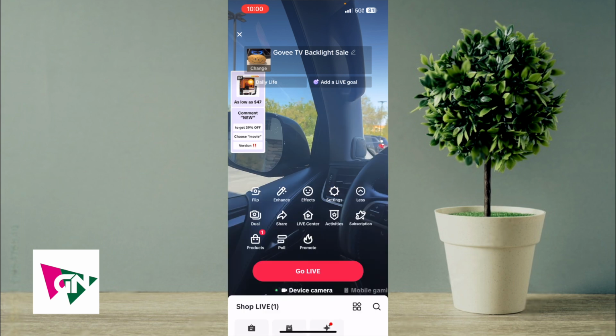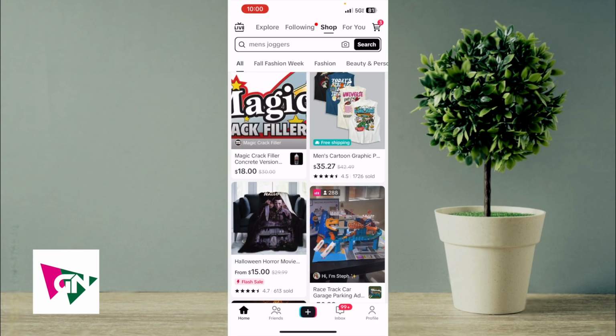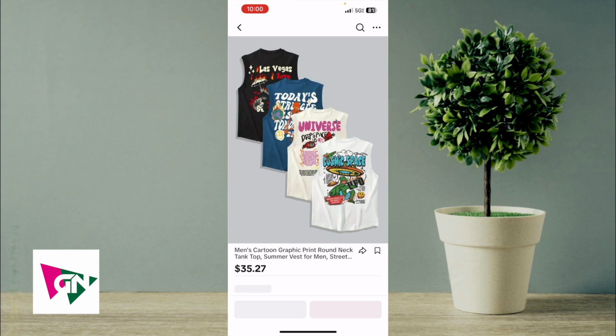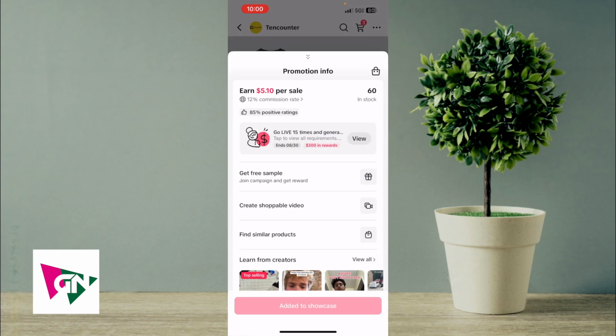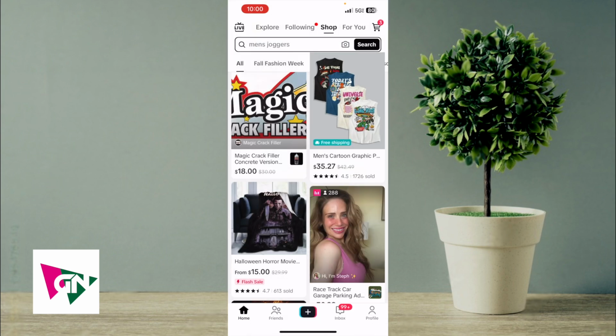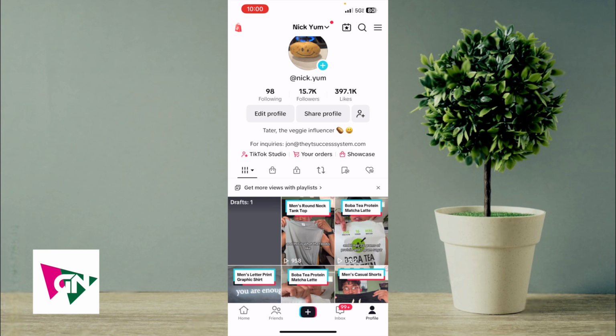So if I click on back, I'll actually show you how to add products to your showcase. You want to go ahead and go to the marketplace and then click on an item. And once you see this toggle button, click that and then click on the add to showcase button. So your showcase items need to be in your showcase in order for you to actually add products